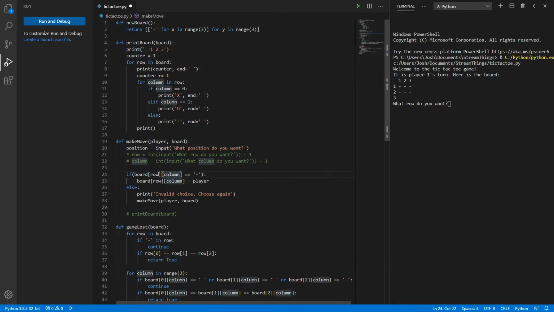Right, and then from here, if board row. So instead of row, oh no, it would be player. No, we can keep all the same. We just have to choose what row is. Right, so that'd be position. No, so look, we can just say like row